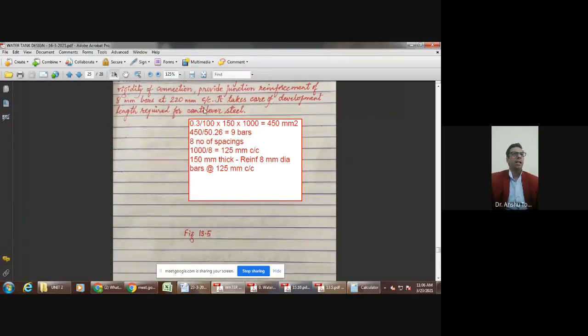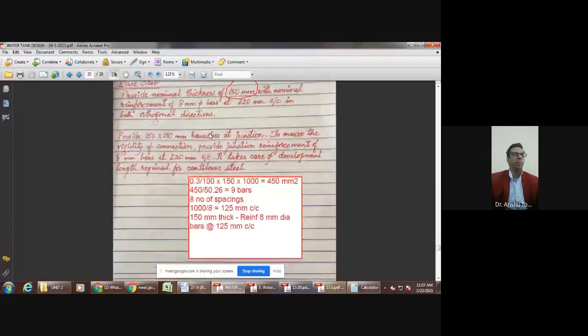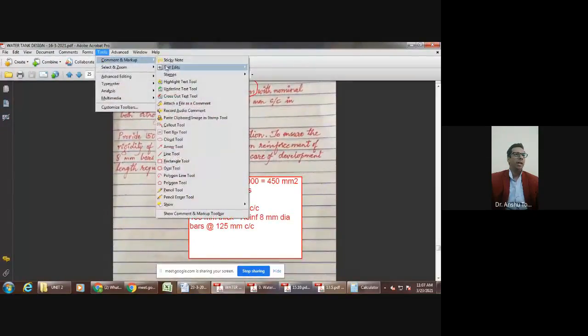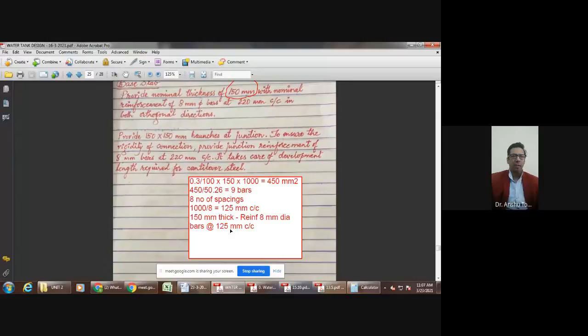So either it can be 220 mm, which is also correct. Again, I am saying that the design can be uneconomical, but it cannot be unsafe, because you will have to check your stresses. If you have designed it properly, then you have taken 0.3% as a criteria. So this criteria is not incorrect. So you have evaluated the reinforcement based upon this particular criteria.